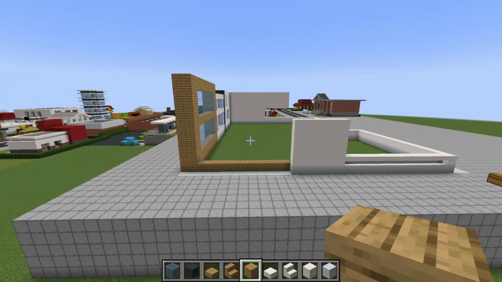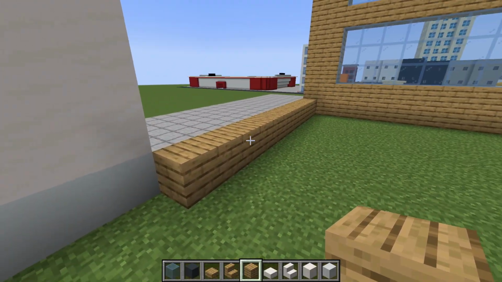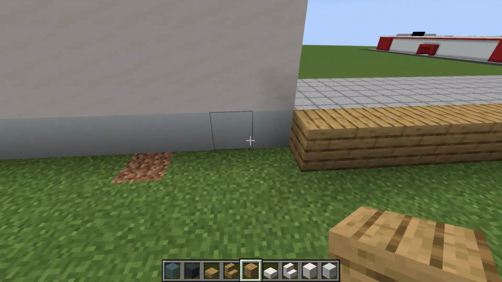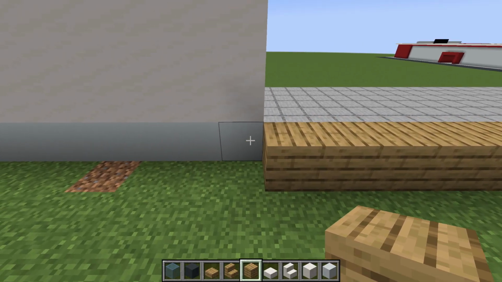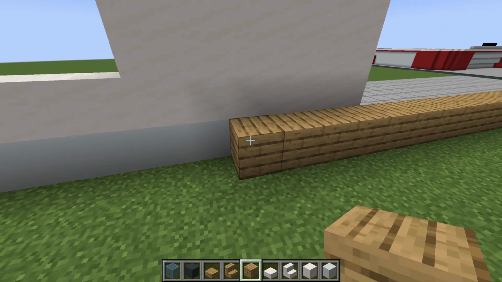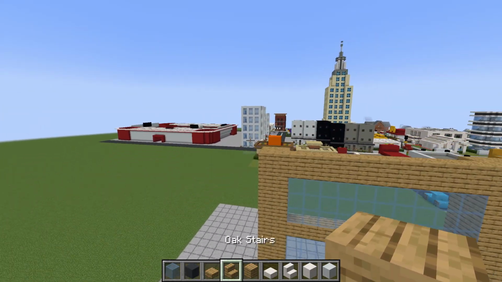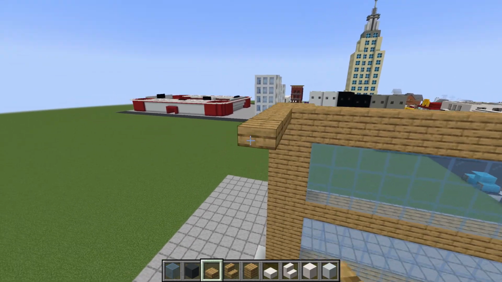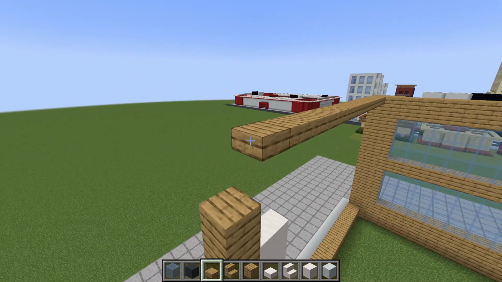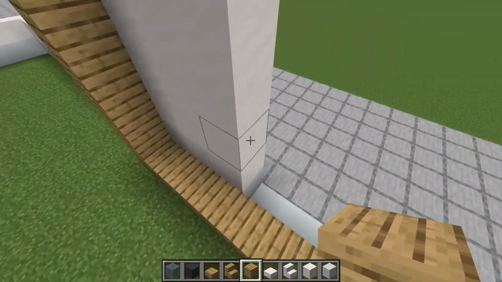Coming over to the right side of the build, we now want to focus our attention on this row of oak planks at the bottom. We want to first of all extend it forwards, 1, 2, 3, 4 rows like this, and then extend that block all the way up, and we want to connect it to the back of the build to form a solid wall. So we do also have to place a row of slabs as well,